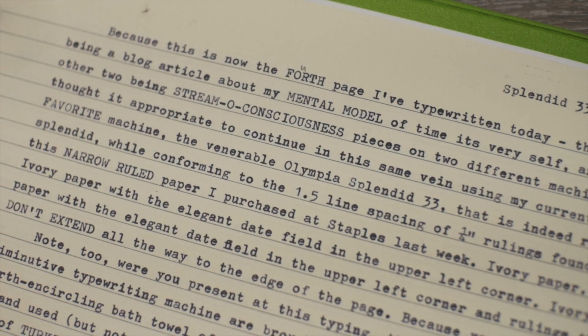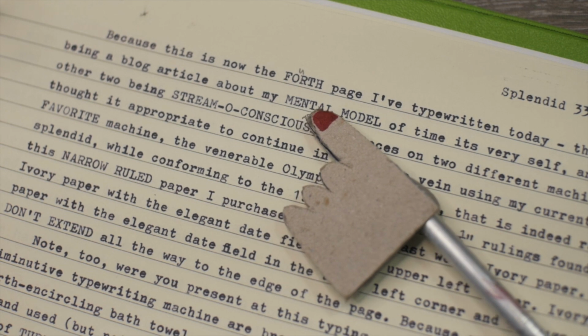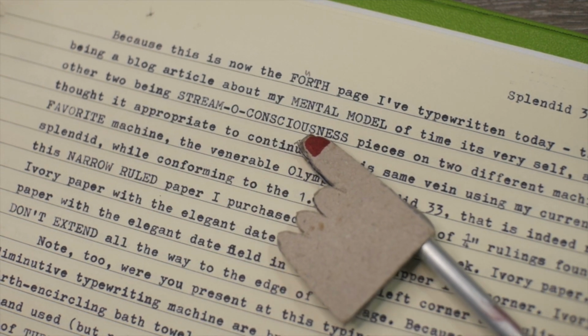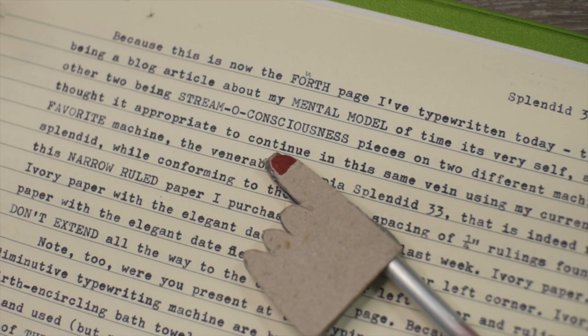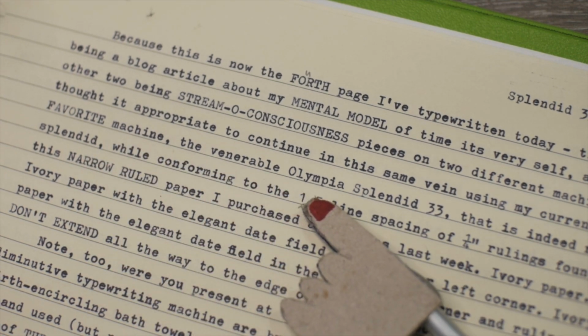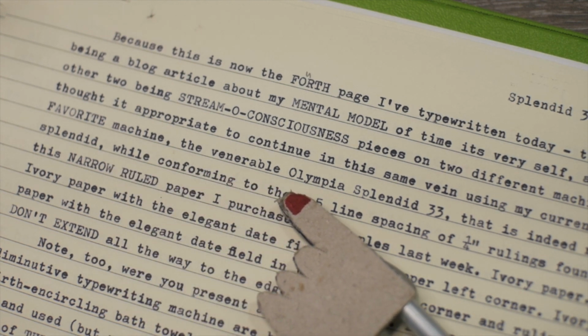And I was continuing in this same style, but using just capitals as the form of emphasis. So here I write, "Because this is now the fourth page I've typewritten today, the first being a blog article about my mental model of time its very self, and the other two being stream o' consciousness pieces on two different machines, I thought it appropriate to continue in this same vein using my currently favorite machine, the venerable Olympia